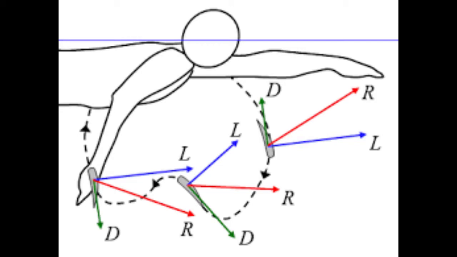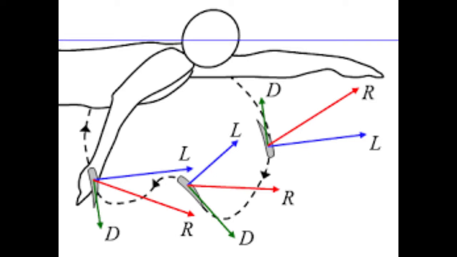By moving his hand along an optimal path as shown here and adjusting the orientation of his hand, that is the angle of attack, the swimmer can maximize the resultant force and keep it pointing forward as much as possible. The ability of a swimmer to do this comes down to his feel for the water,